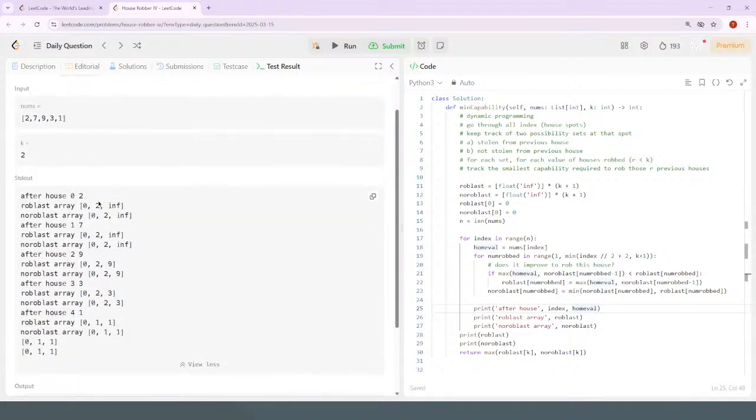Okay, after the first house is 0, 2. Second house didn't change anything. Third house you can rob 2, and your best is going to be 0. It's going to be 9. Fourth house, it should be now 3. Now that's the issue. You can't just go from, well, no, this should not be, it should be,